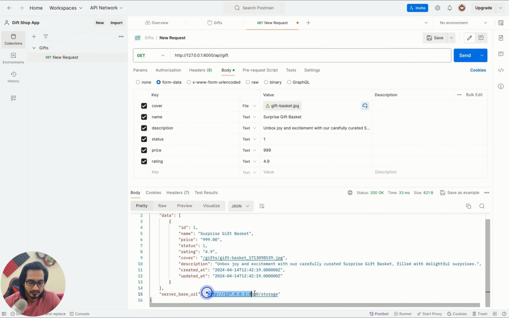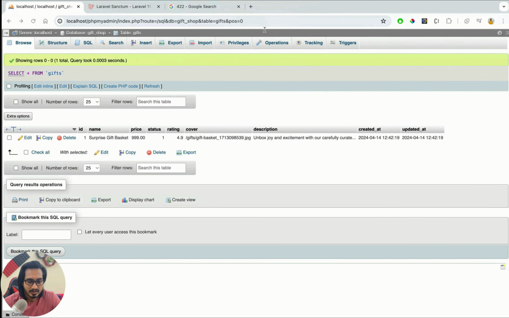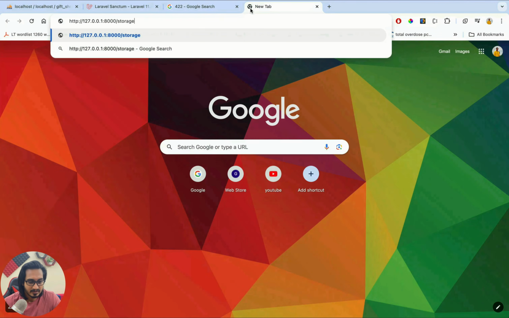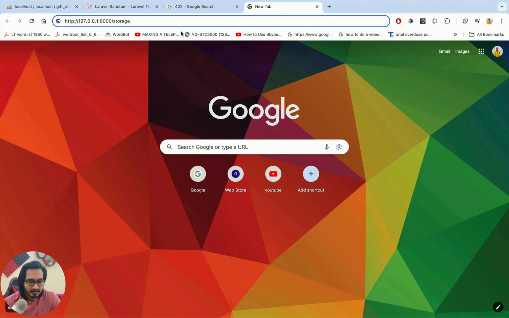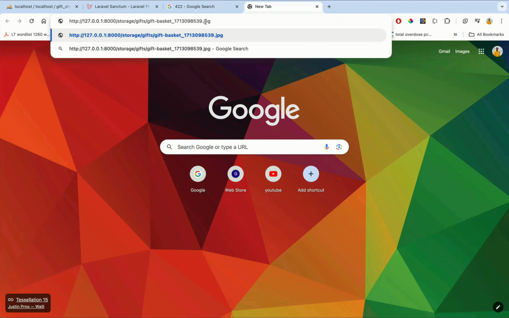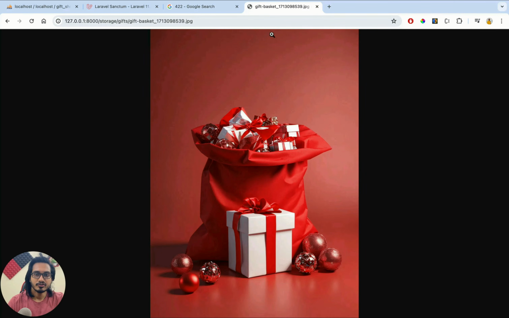If I append both of them, let me just try it. I'll copy it up. Let's get to the browser. I'll paste it. Then I'm going to append the rest of it. Okay, in this particular way, let's copy it and paste it here. Hit enter. So as you can see now, we are getting the image, which means that our URL is working